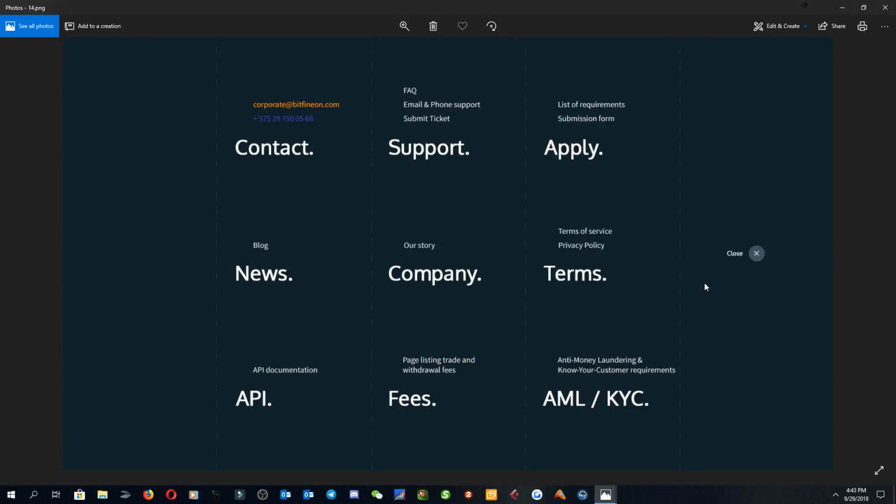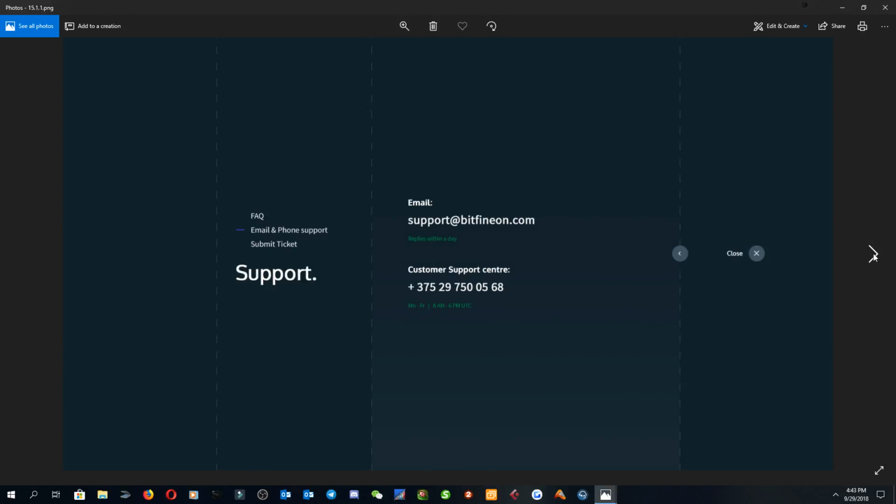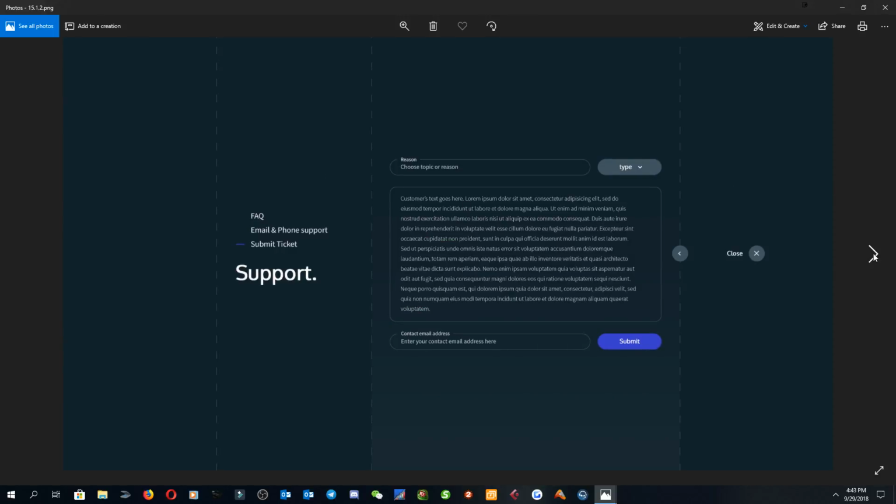Again, this is the menu that will pop up whenever you click on the menu icon at the top in the navigation bar. You got your support page here. Submit ticket page,